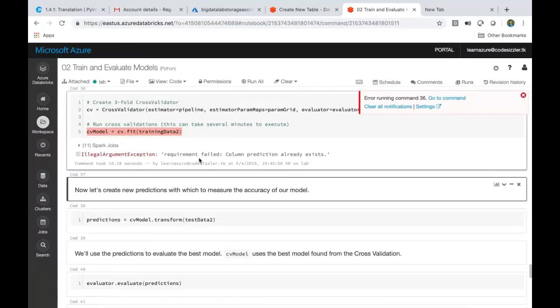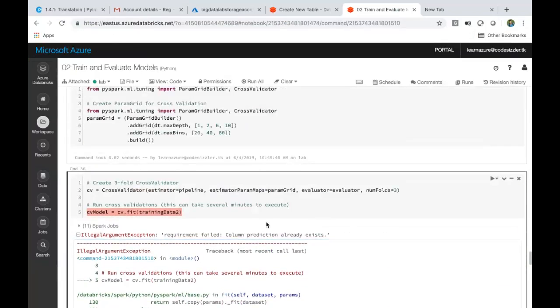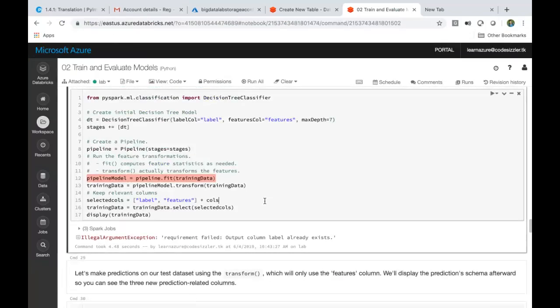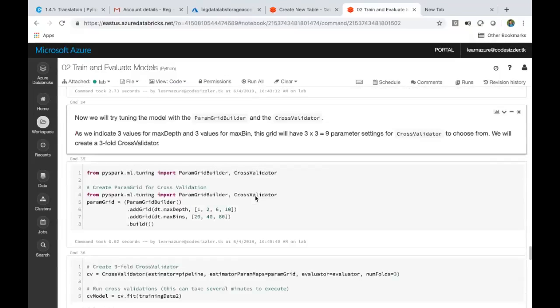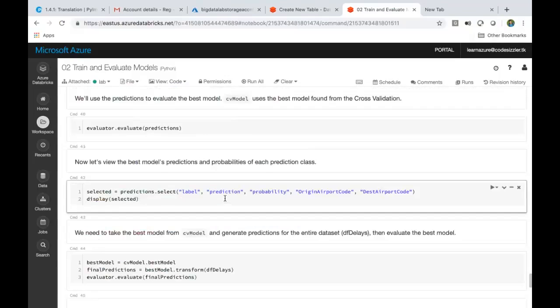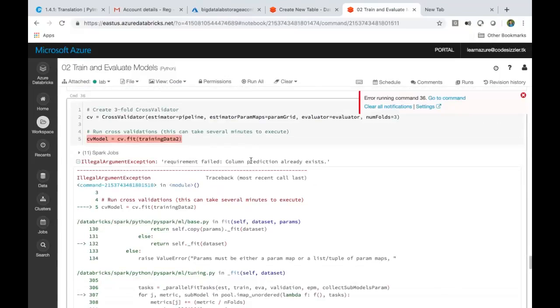What happened to this? Column prediction already exists. What does it mean? Some problem, guys.